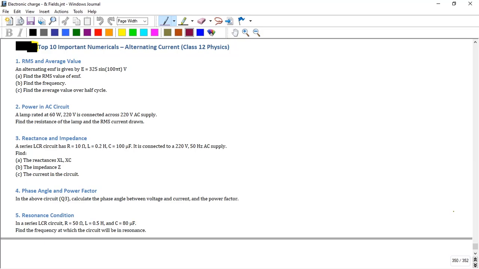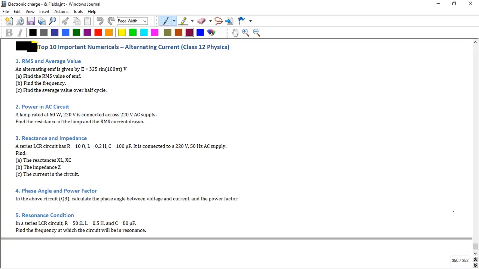So today we solve a top 10 numerical on alternating current. Okay, class 12 physics. So first numerical, RMS and average value. For solving a numerical, first step is read the question very carefully. Okay, and here the question is that an alternating EMF is given by E equal to 325 sine 100 pi